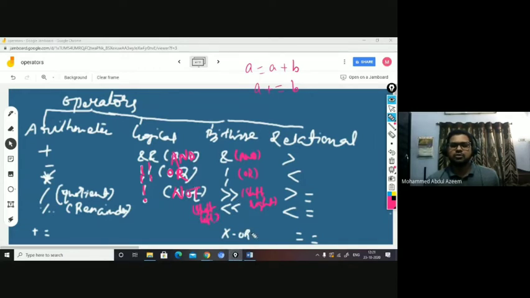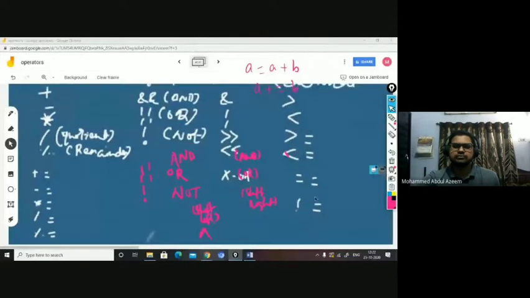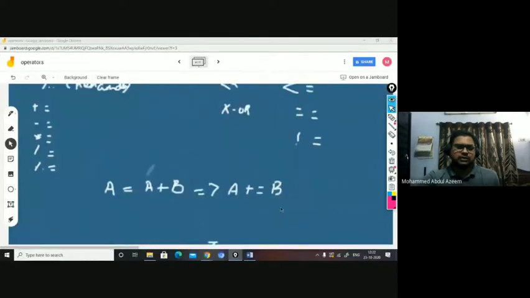And then exclusive or, you have XOR, generally represented with a caret here. And relational operators like greater than, less than, greater than or equal to, less than or equal to, double equal to. So these are some of the operators you generally find. Not equal to as well.